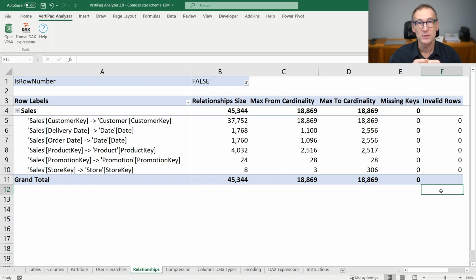And this is important because if you have invalid keys and invalid rows, that means DAX will generate the blank row in the dimensions, which might cause problems in DAX calculations because developers need to know that the blank row exists. In general, the presence of invalid rows or invalid keys is a hint that something needs to be fixed in the ETL steps that feed the process in order to clean the data and make sure that all the rows are correctly referenced.